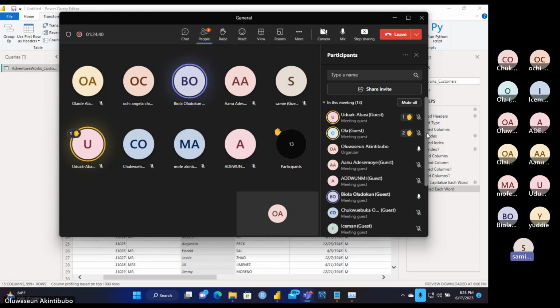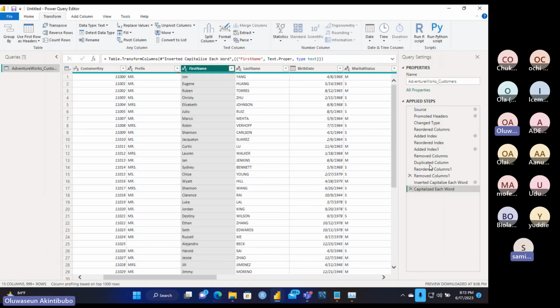Sir, please, what are the things you have done that we're supposed to do? Follow the steps here. What I want you to do is add an index column. That's one. Two, the first name column: convert it from uppercase to lowercase.